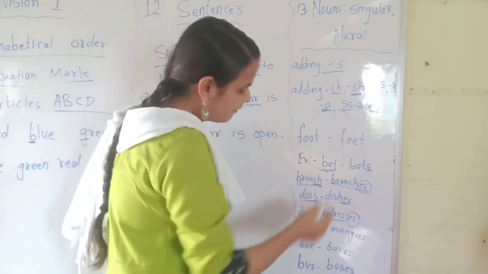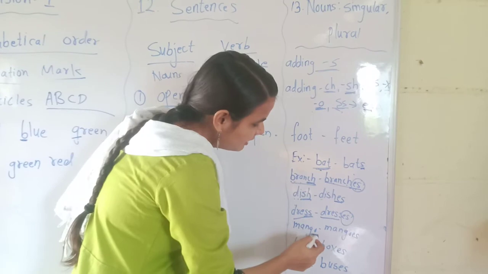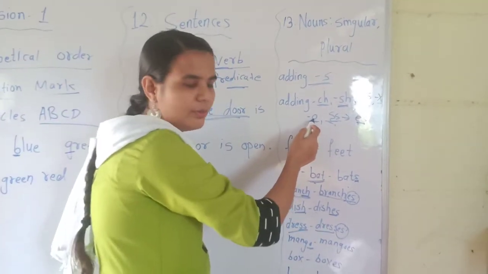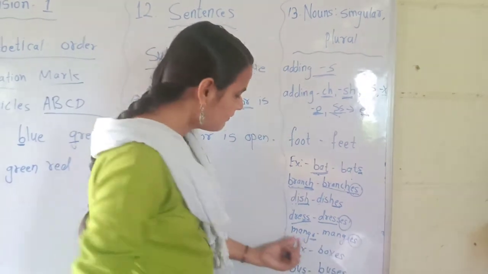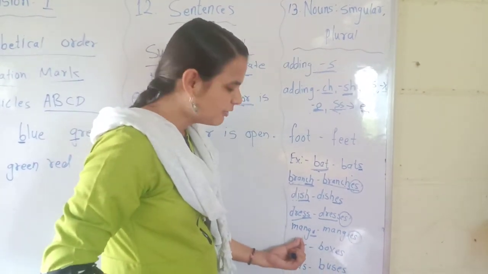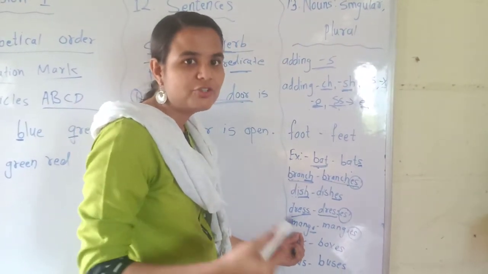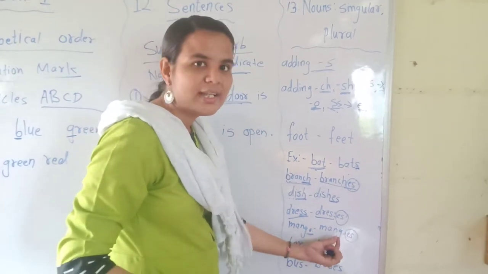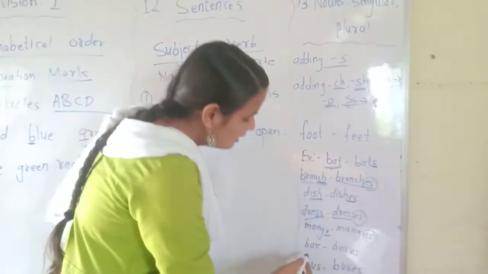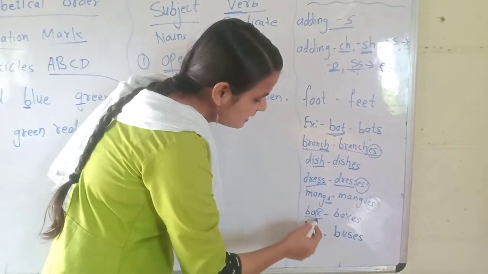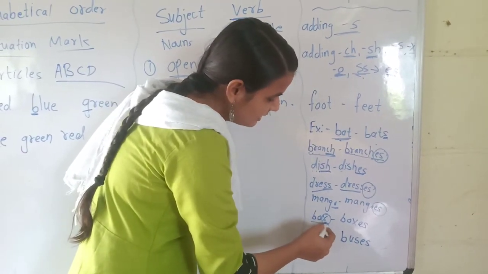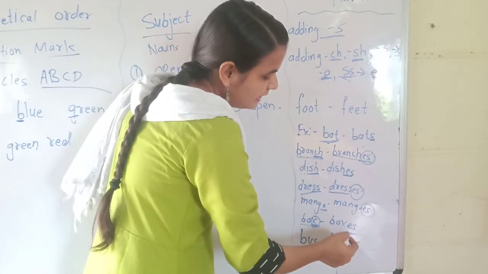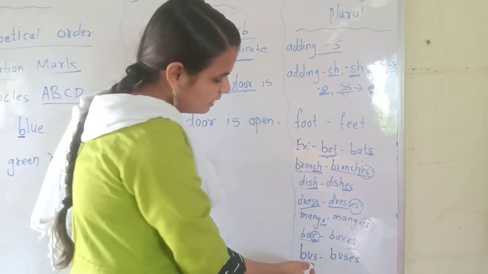Next you can see M-A-N-G-O, mango. This mango spelling ends with the letter O. So what you have to do? You have to add es to make it plural. If one mango, you can call it a mango. But if it is more than one, like 2 mangoes or 3 mangoes, you will call it mangoes. Okay. See here, box. This spelling is ending with the letter X. Okay. So as it is ending with X, what will you add? You will add es to make its plural form.